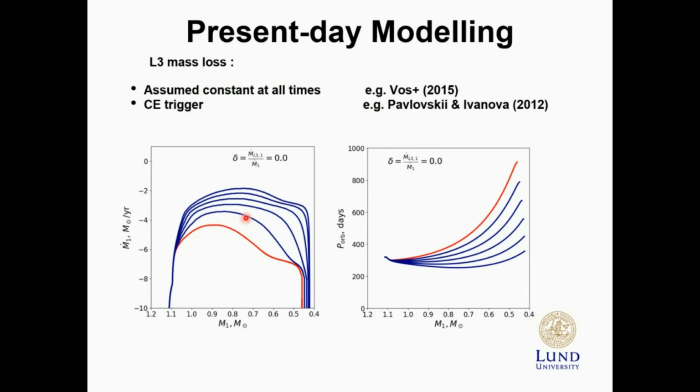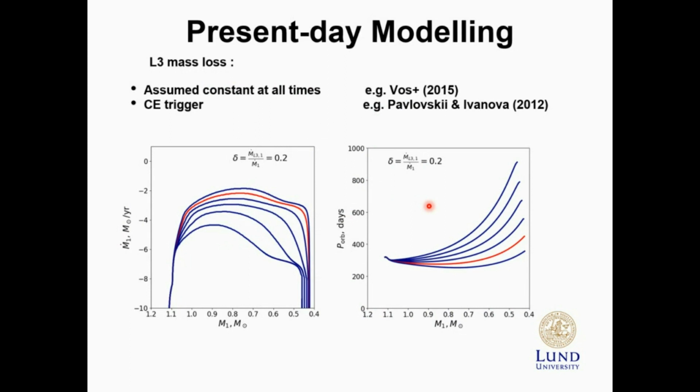The effect of such an assumption is that, indeed, we see that. So here are different tracks for mass transfer rate versus mass, and for orbital period versus mass of the donor. Basically, evolution again goes to the right. As time goes, the donor becomes lower mass, and if we assume higher L3 mass loss, but assume it constant, then we indeed see that the binary's final separation decreases. But the problem with this prescription is that in reality, the fraction of mass lost through the back of the red giant is not really constant,